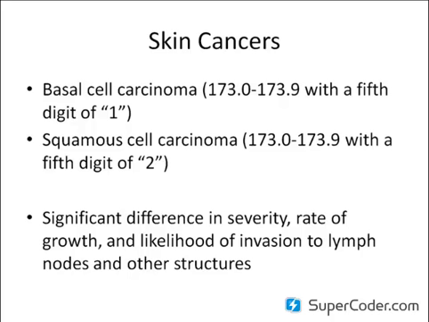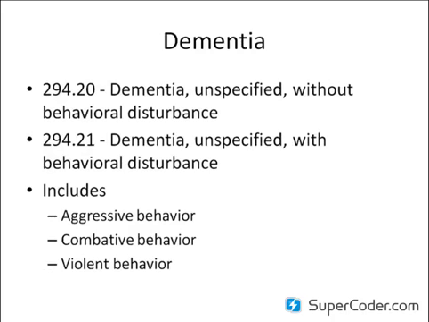But this is going to help you to show that was a sicker patient. Remember, that's what ICD-9 is all about, is showing our sicker patients. On slide number 6, we have a new code for dementia. Now, I know that this is something you're seeing in family practice. We've talked about this with some colleagues, and whether we have more patients with dementia these days or whether we're just